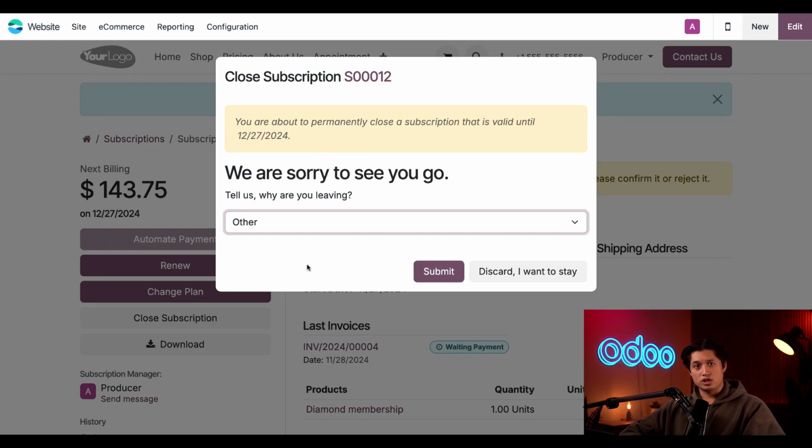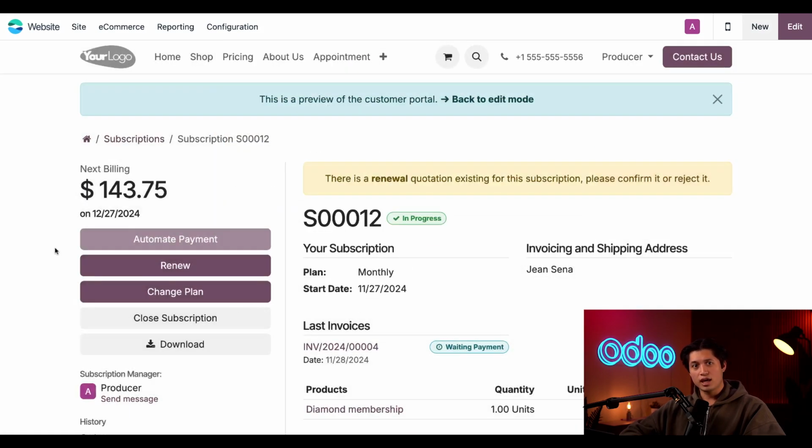But let's say Gene just had a change of heart and wants to change and not close their subscription. In that case, we're going to click discard, I want to stay. And they think that the monthly diamond membership is great, but the yearly diamond membership really takes it to the next level. To upgrade, all Gene would need to do is click the change plan button